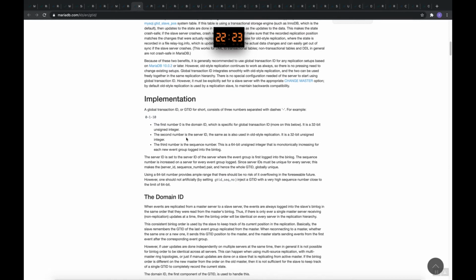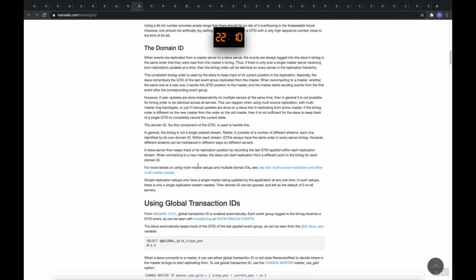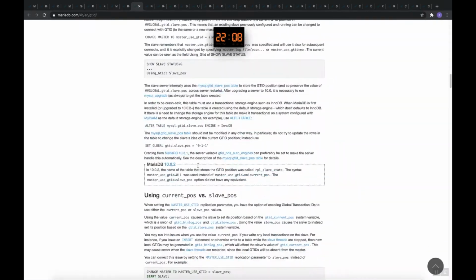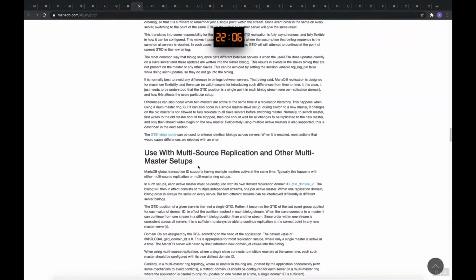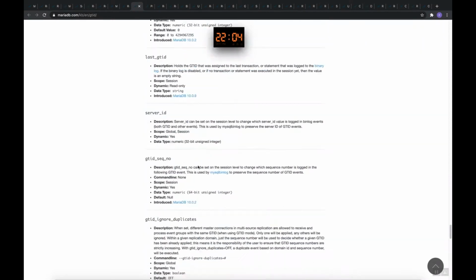And then this is the implementation plan. How do you do it? A global transaction ID for short consists of three numbers separated by a dash, for example 0-1-0. The first 0 is the domain, the second is the server ID, the third is the sequence number. There is further detail about using the global ID, and you can just go through it.